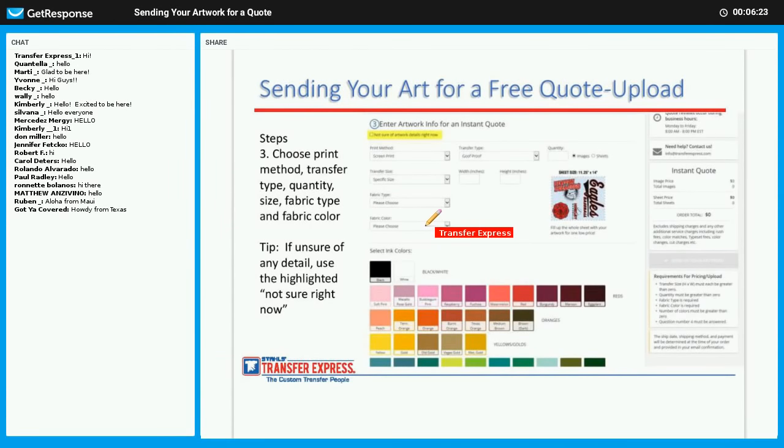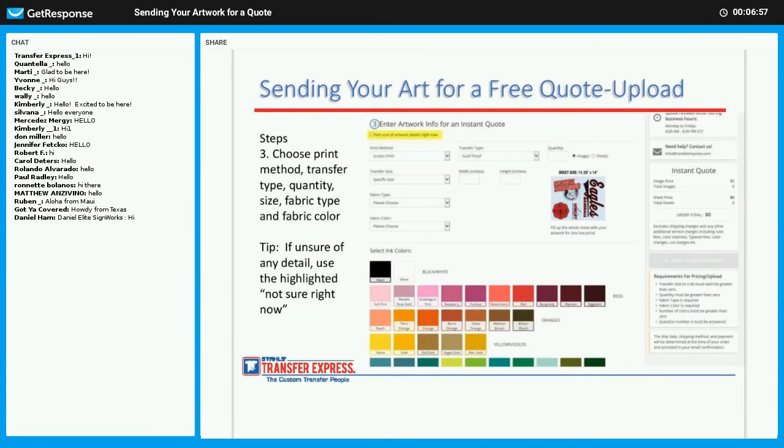Fabric color is another thing where people just think to pick a color, but actually pick the correct color. If you pick that you're putting it on a black shirt and we see some black ink in your transfer, it could take your 3-color transfer down to a 2-color transfer, because we can make all the black areas in your upload show through. So you're still getting the 3-color effect with the garment showing through. So always, please tell us the correct information. That's going to help us get you the best transfer type for the best end result